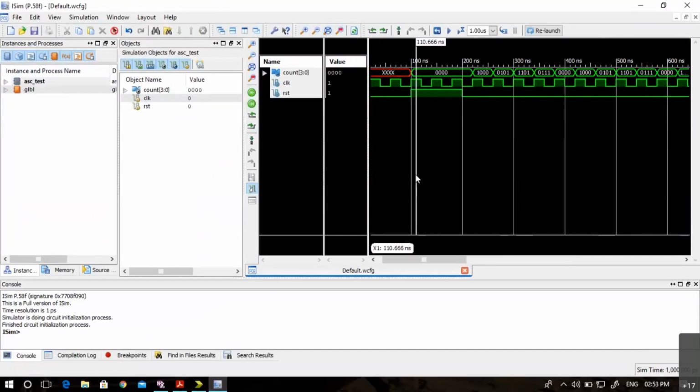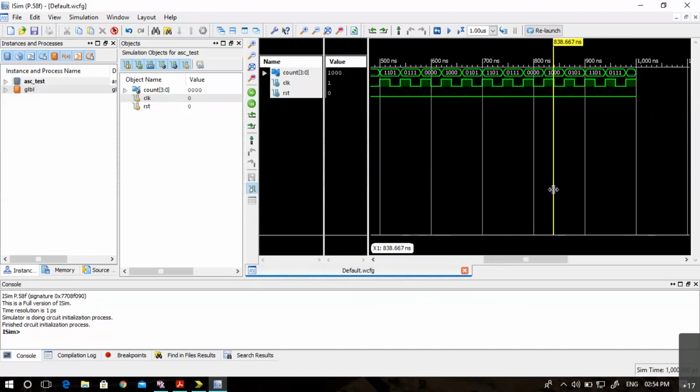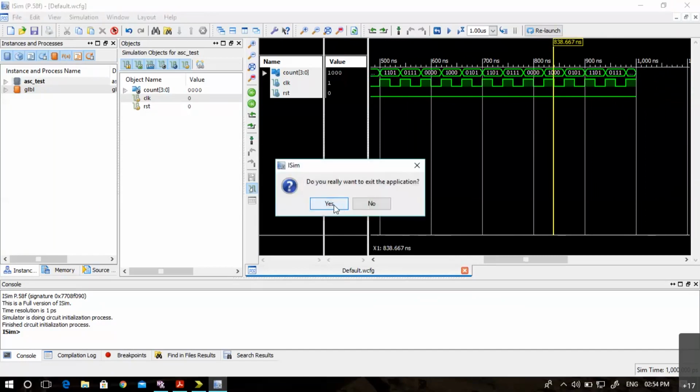So now you can see this is a synchronous counter. In the positive edge of the clock, reset is high, then again reset is low. In the positive edge of the clock, when reset is low, it has started counting from 0 to 8 to 3 to 13 to 7, then 0, 8, 3, 13, 7. In this way it goes on. So this is the simulation output of the any sequence counter which is synchronous.